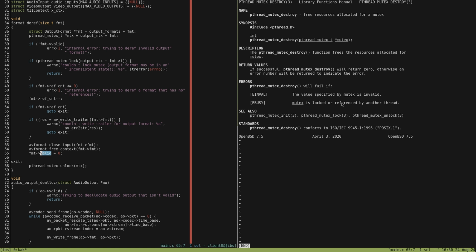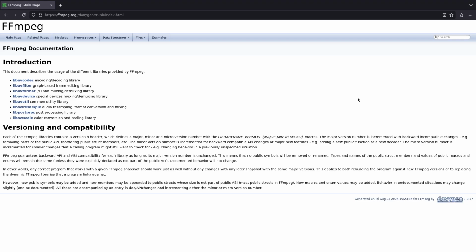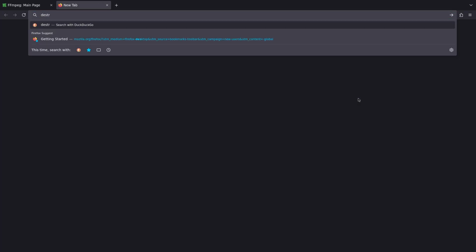Is it mutex is locked or mutex is referenced by another thread? I think it's meant to be mutex is locked or referenced by another thread. I think you're allowed to destroy a mutex that you have locked. I'm not even sure there's... No. There are other ways to do it, I think. Destroy locked mutex. See.